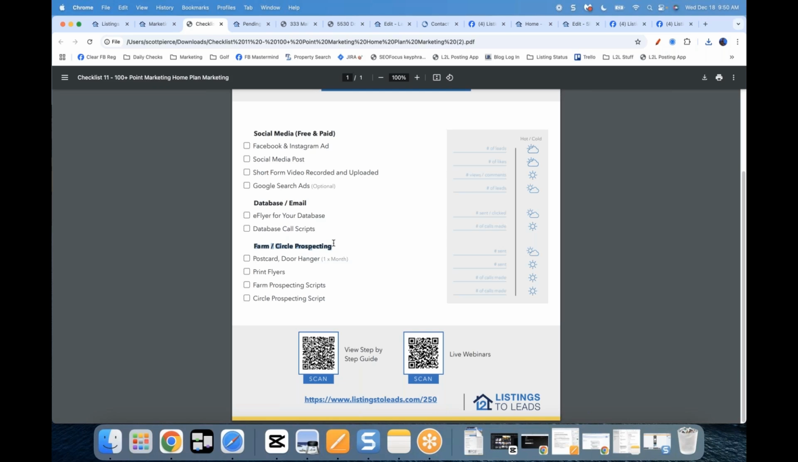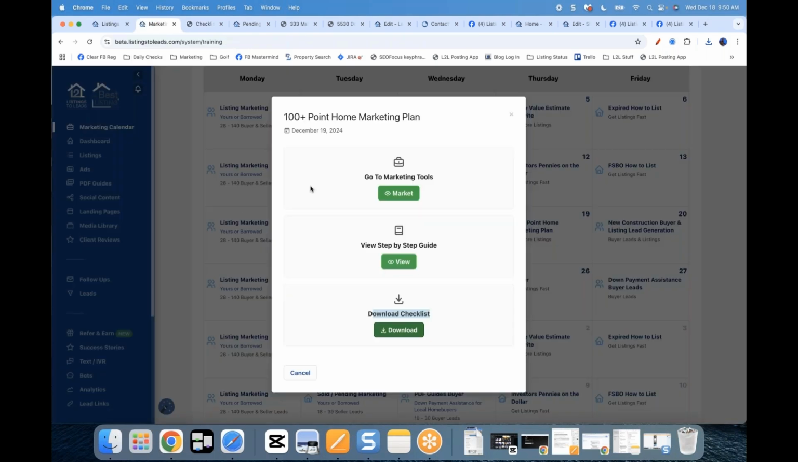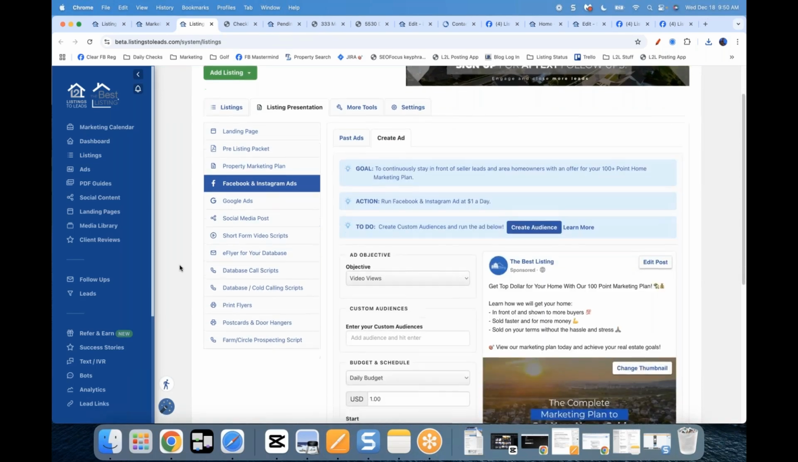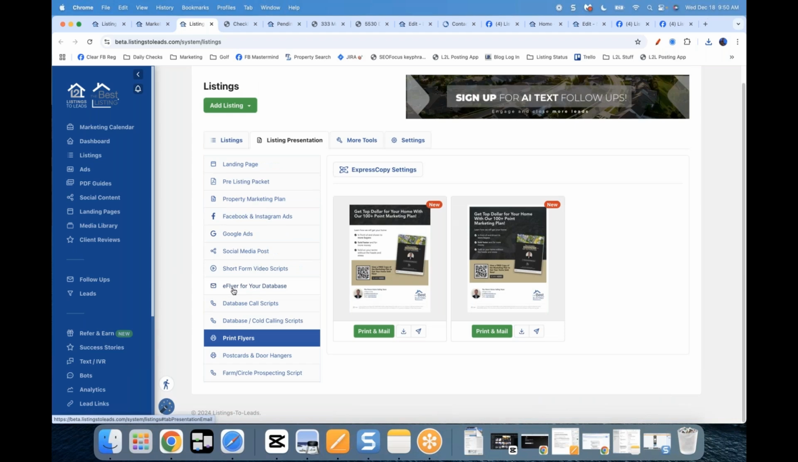Now, again, a lot of the buyer tools won't have this, right? I'm not going to send out a postcard to my farm for the ultimate guide to buying a home. It doesn't make a lot of sense, but I will send it out for the ultimate guide to selling a home. And so again, all of the seller landing pages, all of the seller PDF guides have the Farm Circle Prospecting tools. So if I go back here and I just go to the marketing tools, you will see we've got postcards and door hangers, print flyers that look absolutely beautiful, and